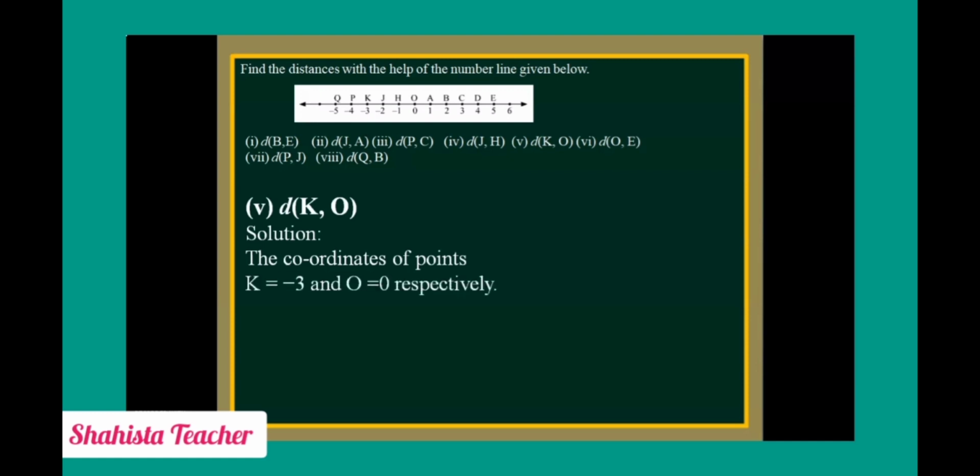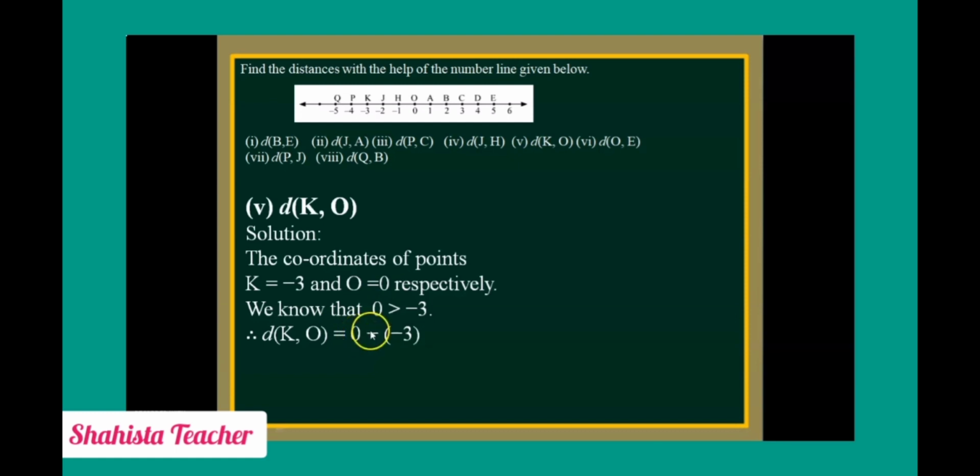Now here we have to see which number is greater, -3 or 0. Yes, negative number is always smaller number. That means 0 is greater number. Yes, so 0 is greater than -3. So here we will write, we know that 0 is greater than -3. Now here we will write distance of k comma o is equal to 0. The number which is greater, that number we will write first.